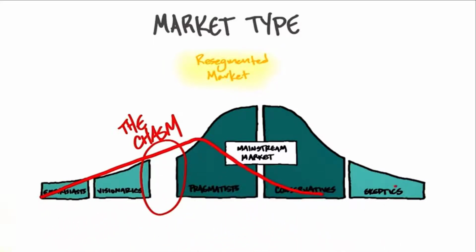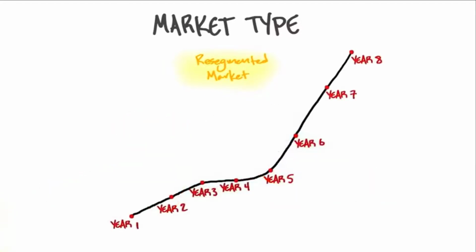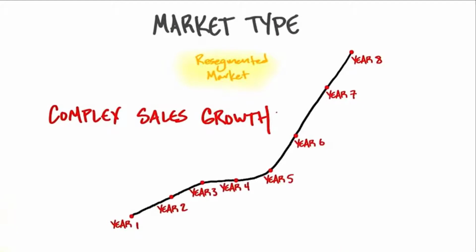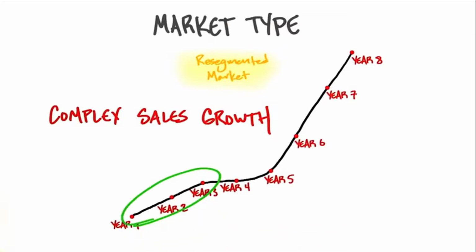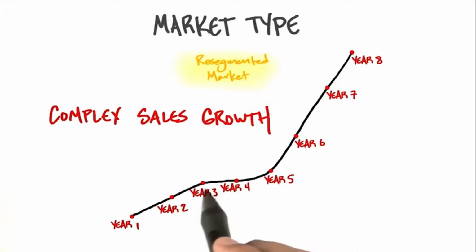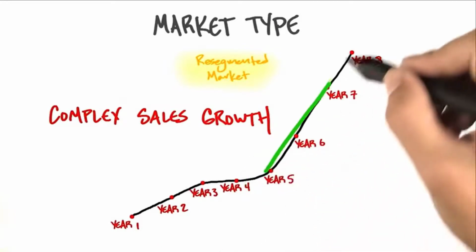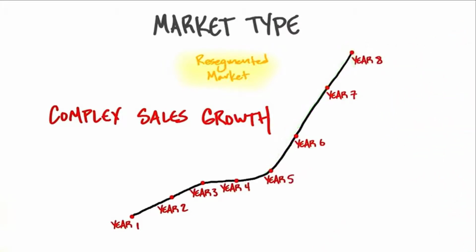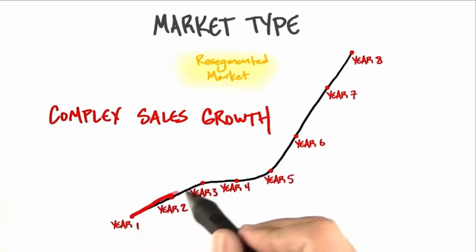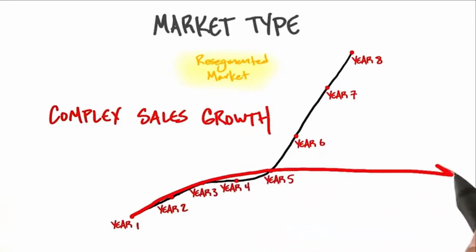And if you're not careful, your sales curve, while it would start looking like this over here, actually might collapse until the mainstream adopts. So let's take a look at what a sales curve might look like in a resegmented market. And it's a complex sales growth chart, because in the first couple of years, you're just kind of getting the spillover of people who kind of think you're just a competitor in the existing market. And your sales will kind of tootle along until, if you're correct, and you were right about that niche or low-cost segmentation, you will start seeing an exponential increase in sales. And if you're wrong, well, you'll just kind of be one of the many competitors in an existing market.